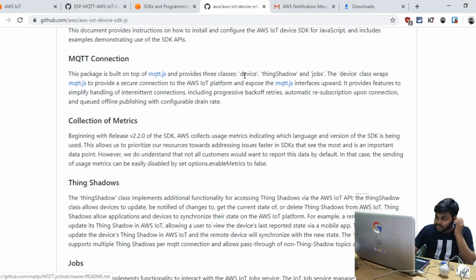You can see here we have some things like device, thing shadow, and jobs. These three things are specific to AWS. These are not concepts of MQTT. They are specific to AWS. If you are working in depth, I will cover device and thing shadow. These two things are covered by me, but jobs are quite difficult. Not difficult, it is used in broader scenarios in product development in IoT. So